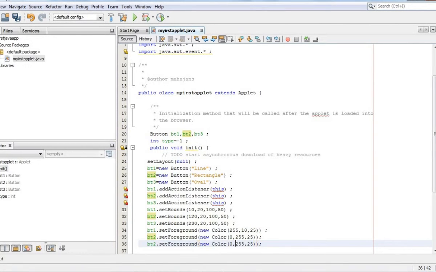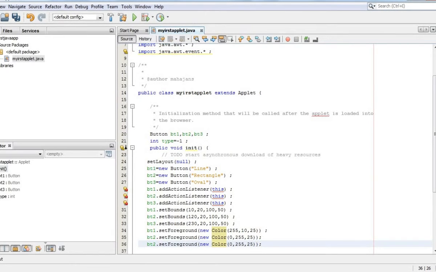Using this method setForeground, we are assigning the foreground color to all the three buttons.